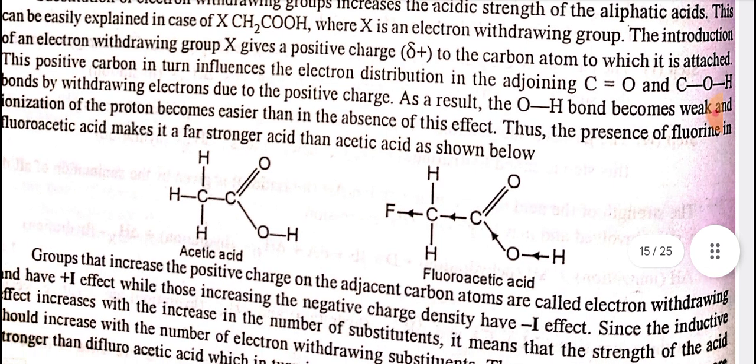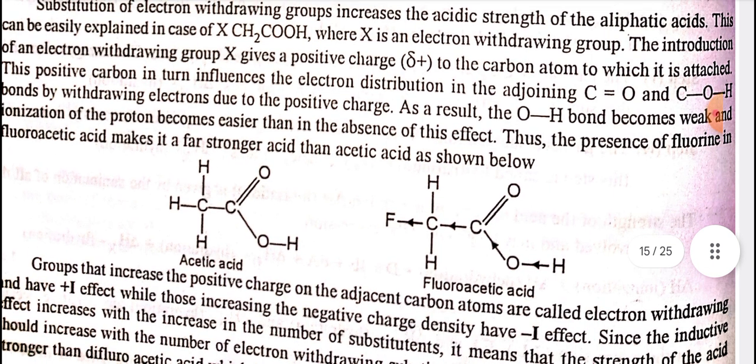Substitution of electron withdrawing groups increases the acidic strength of aliphatic acids. This can be easily explained in the case of XCH2COOH, where X is an electron withdrawing group. Introduction of an electron withdrawing group X gives a positive charge to the carbon to which it is attached. This positive charge in turn influences the electronic distribution in the adjoining C=O and C-OH bonds by withdrawing